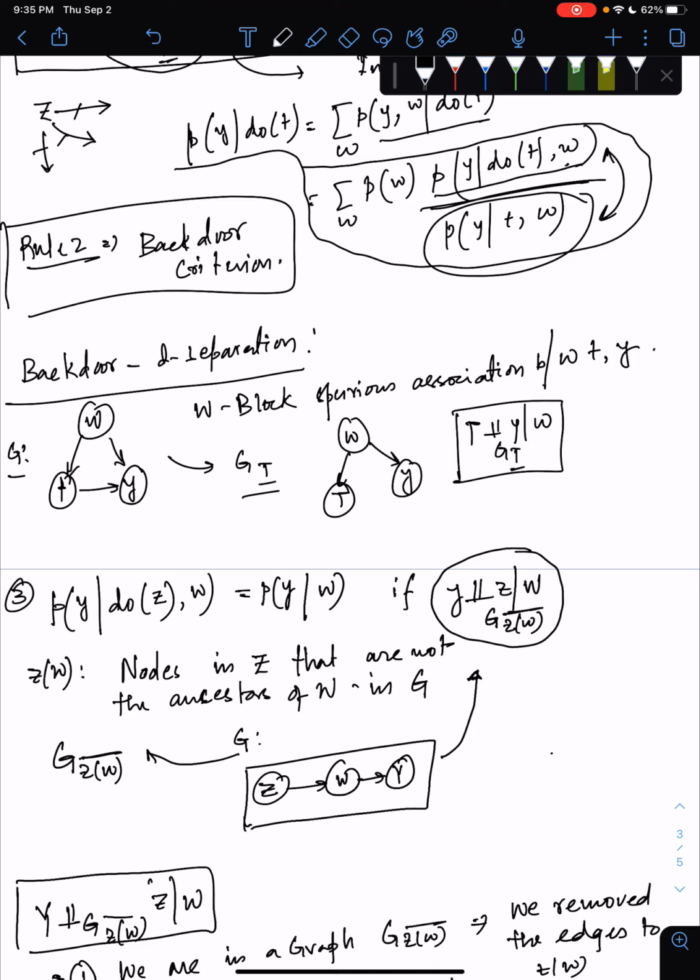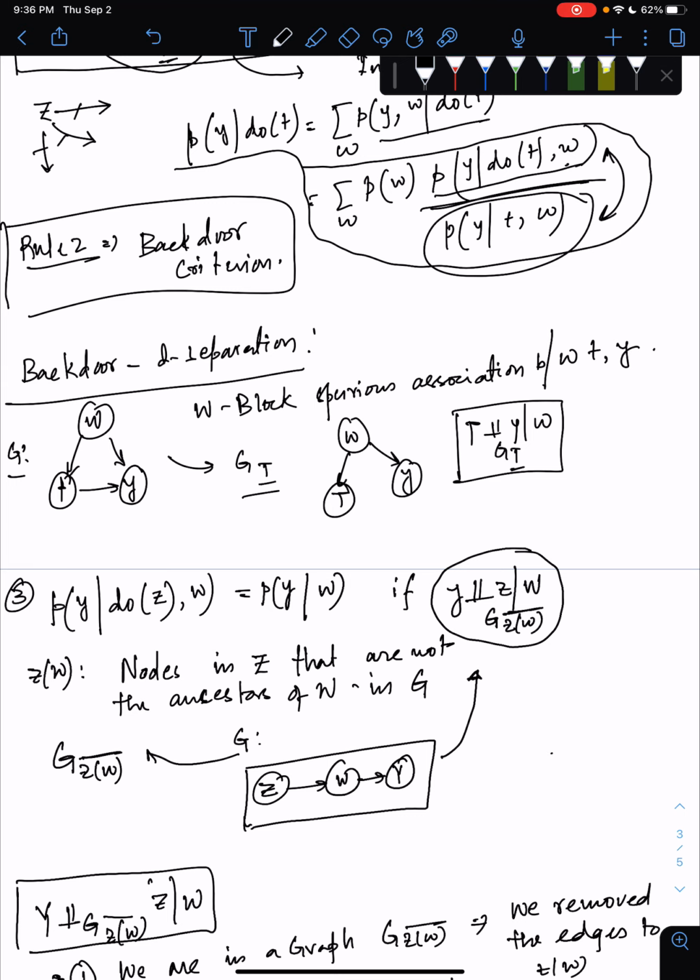If we have a graph where my W is able to block all the association between T and Y, only the causal association between T and Y is there, and if we remove that causal association in a manipulated graph,